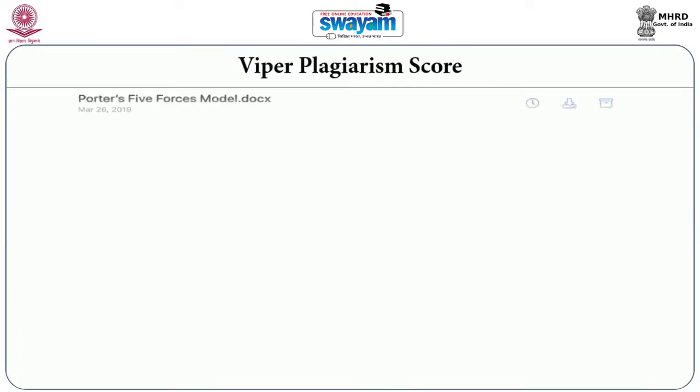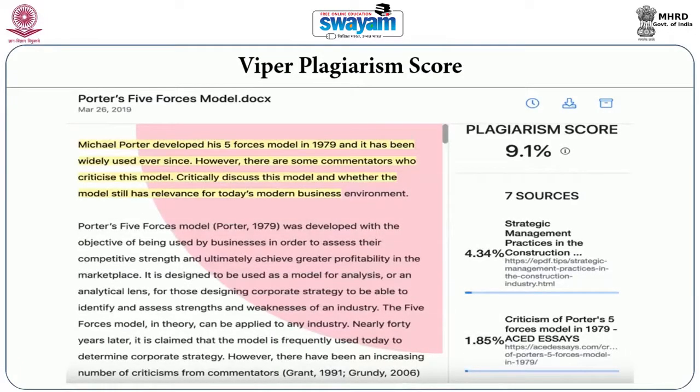Now you can see this is the screen for the plagiarism checking report. Once you upload the document, the software checks the document and the report is finally generated. This is the screen you have on your computer. It shows the plagiarized content and the percentage, and all the software, if you check now, have this mechanism. Once you upload the document, it scans the document and presents the report to the user.